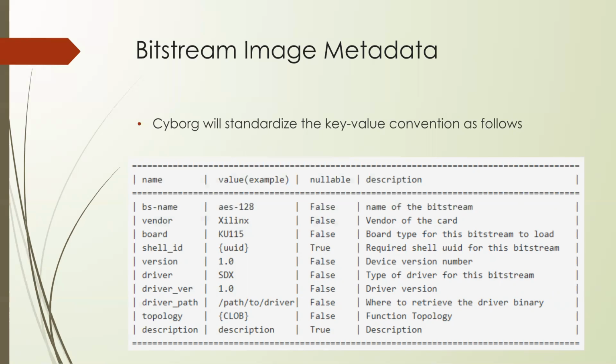Okay, so it comes to the driver part. Every time we load the bitstream, in order for the application to use this function, we need to install drivers. So we specify where the driver is stored on the file system in this key value pair, or any place you want, right? It could be some GitHub link or something. So you can put it here, and then it kind of assumes only one driver though.